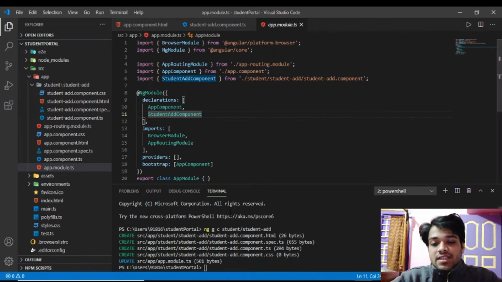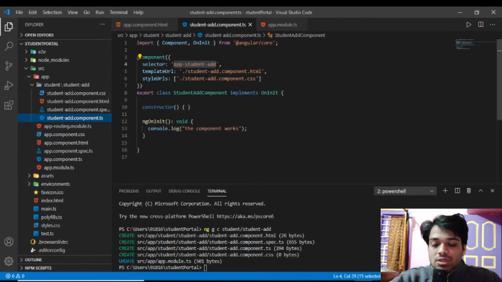So instead of typing this command ng g c your component name, you can make your hands dirty and just create the component on your own. You can do this, but make sure that you import the student component. You have written all the code with your hand. I am explaining again. For creating this, you have to simply create a class, export class student component. You can add onInit in it or you cannot, that doesn't matter.